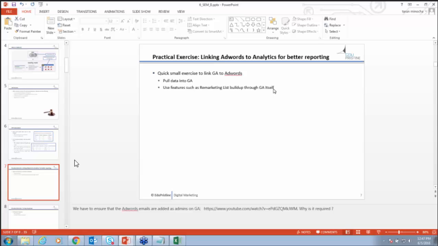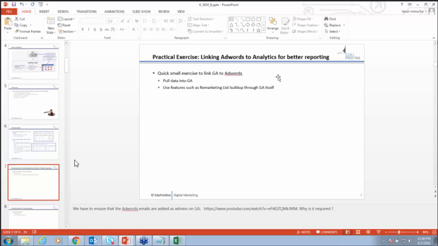So I was touching upon the point, what is the utility of linking AdWords to analytics. There are certain metrics, for example, CPC, the performance of the keywords, and then you have the bid amount. All these metrics are captured in AdWords only. While click-through rates, how much time the users coming through AdWords to our website are spending on the website,